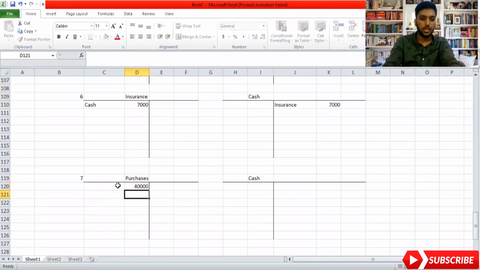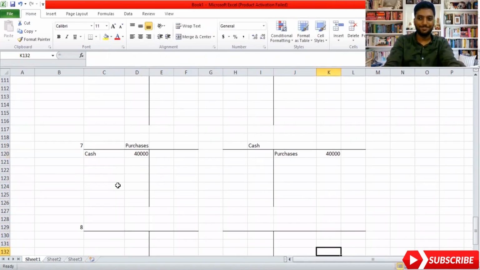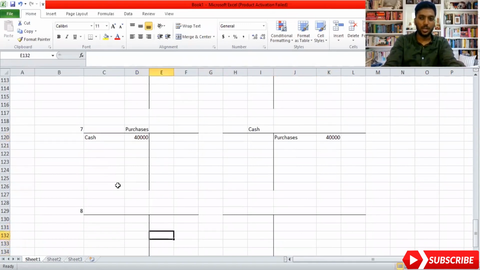40,000, right, and the purchase is a debit. Write cash here. On the cash account, you write purchases, and on the credit side, because money is going out and it's a credit because cash is an asset account, 40,000. Easy? Yeah, my screen is a bit shaking, guys. I'm sorry. Okay, so they have adjustment number 8.